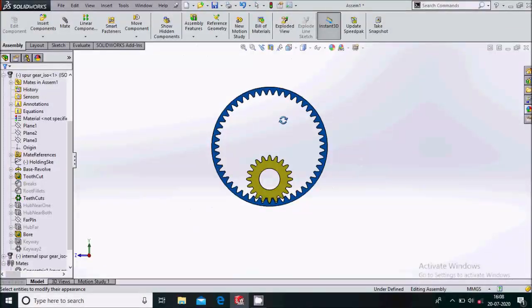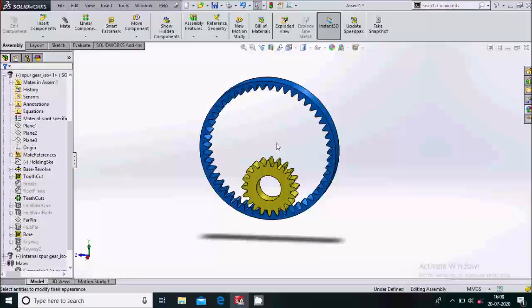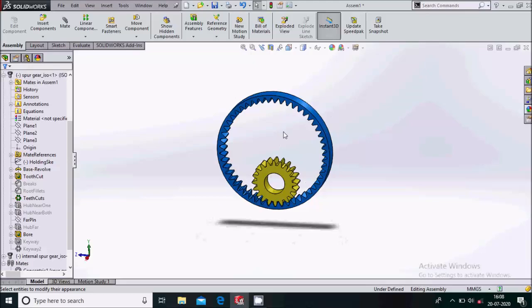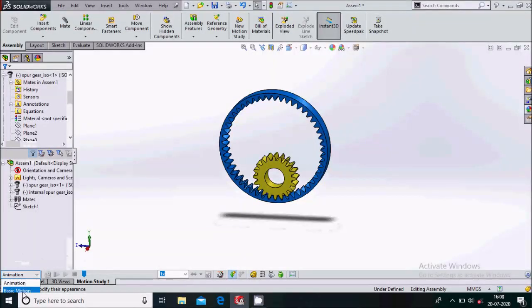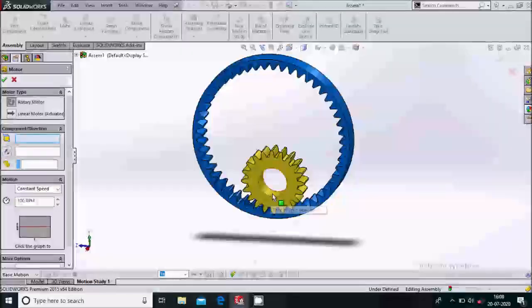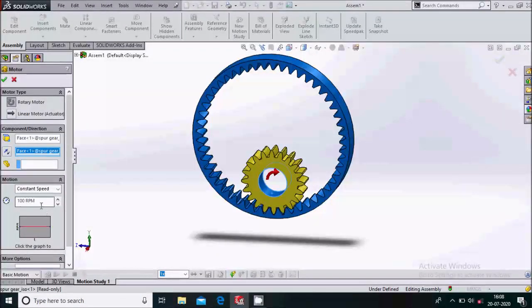Okay, so this is over. Now we'll go for the motion study. So simply select motion study, go to basic motion over here.